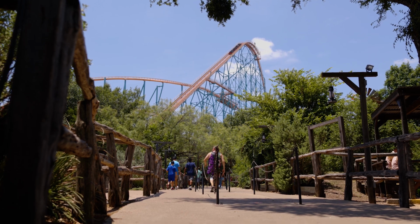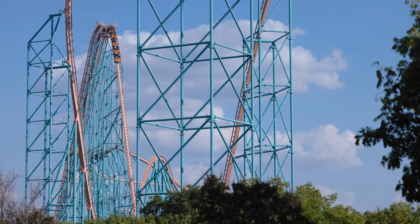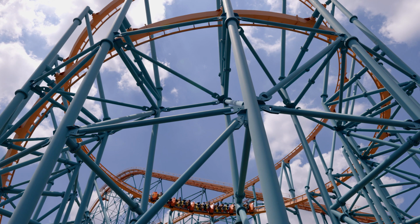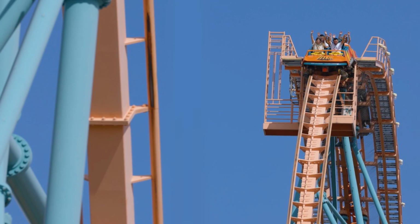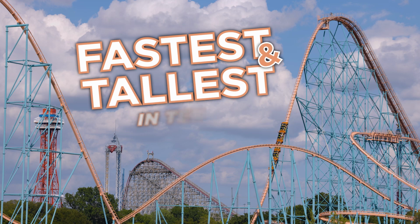There's a hypercoaster out here in Texas that doesn't seem to attract the love and admiration from enthusiasts compared to other hypercoasters around the world. Since its opening in 2001, there have been newer, sexier Gigas and Hypers that have made this coaster almost forgotten within the coaster world. This is Titan, and after nearly 25 years, it still remains the fastest and tallest coaster